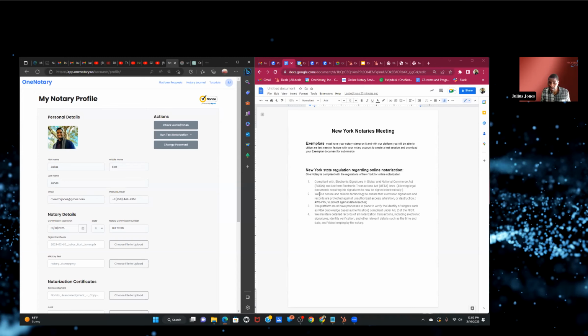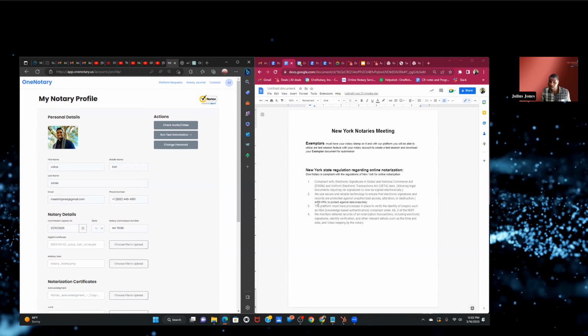First, we have the function to sign electronically. We also have secure and reliable technology to make sure there are no breaches in our system, and we have never had a breach of documentation.